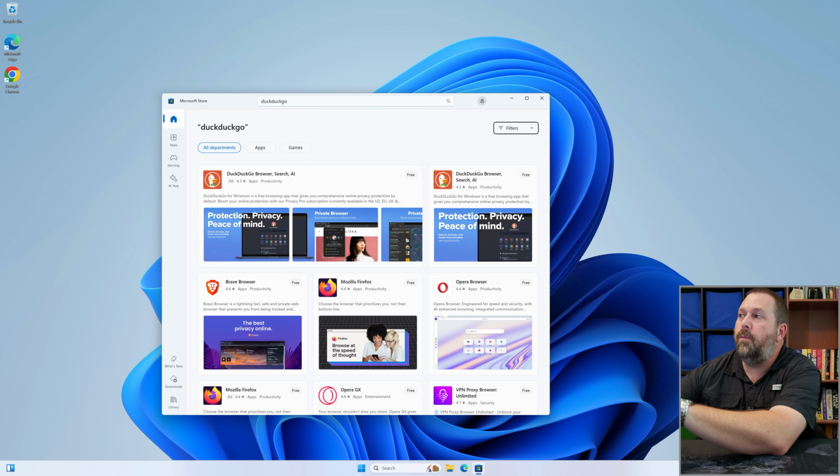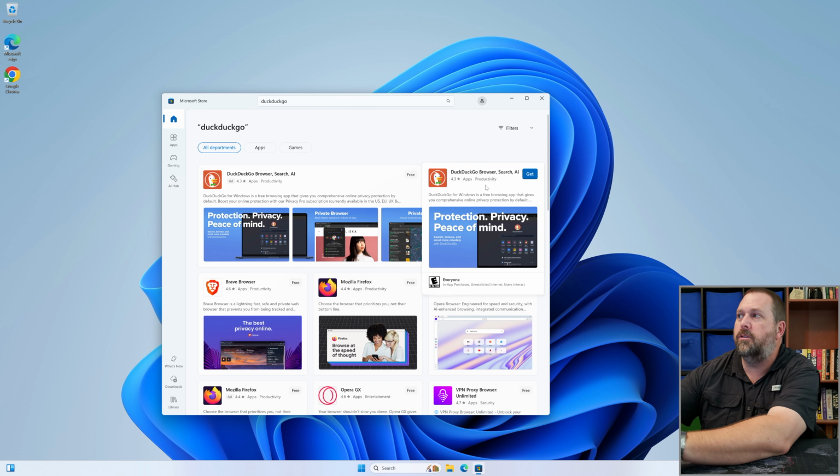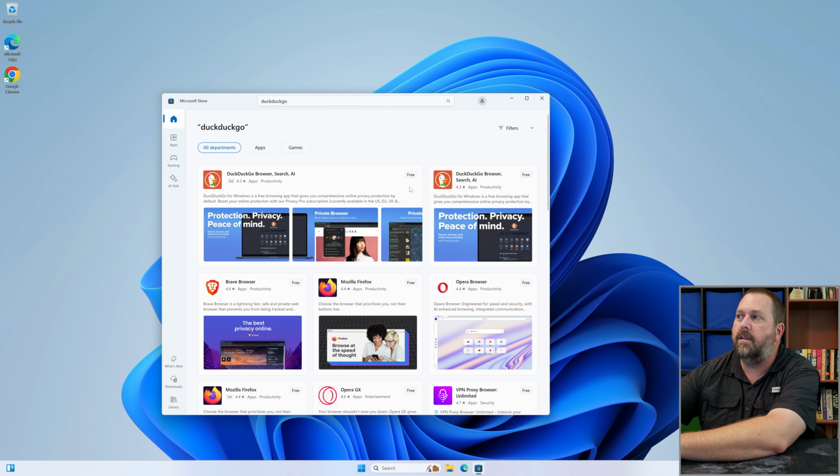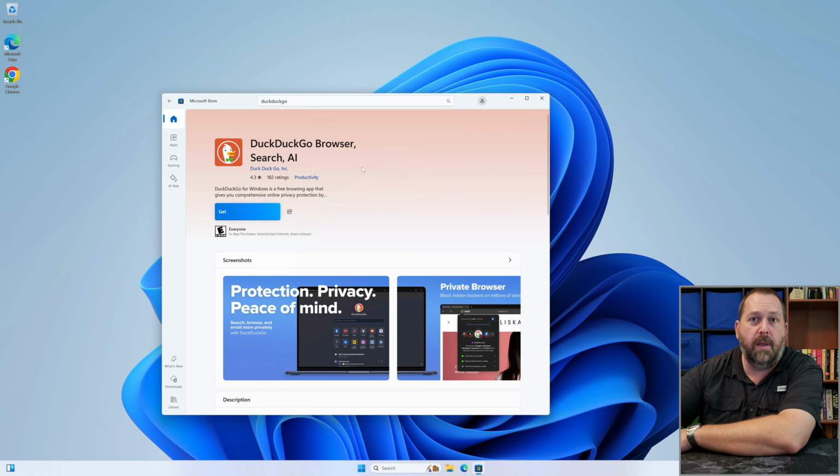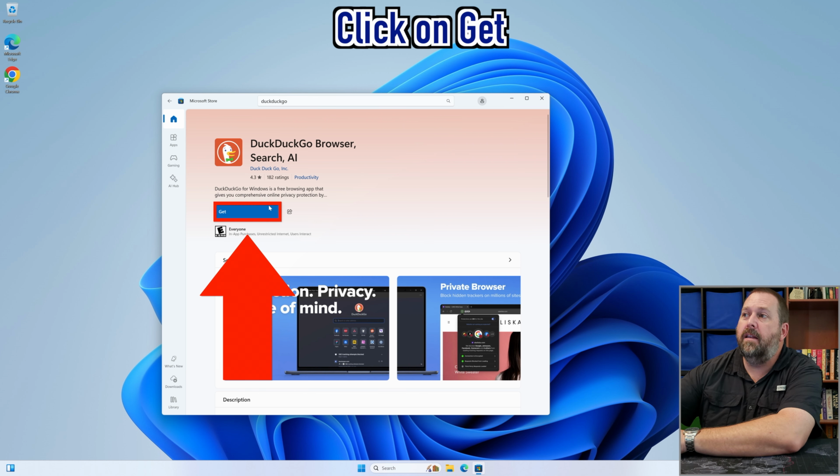But the one that we wanna download is either the first one or the second one. They're exactly the same. There's no difference between the 2. But you just wanna go ahead and get either one of these. So, I like to click on the actual DuckDuckGo browser search AI and get to this page, and then click